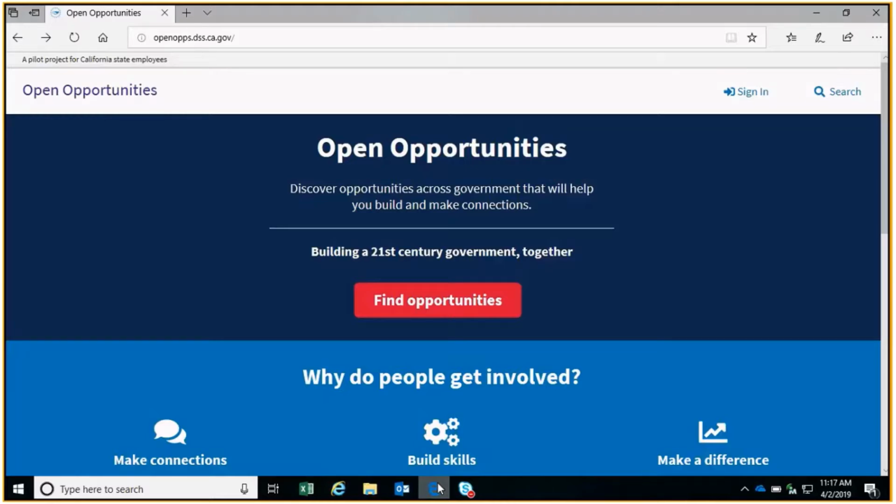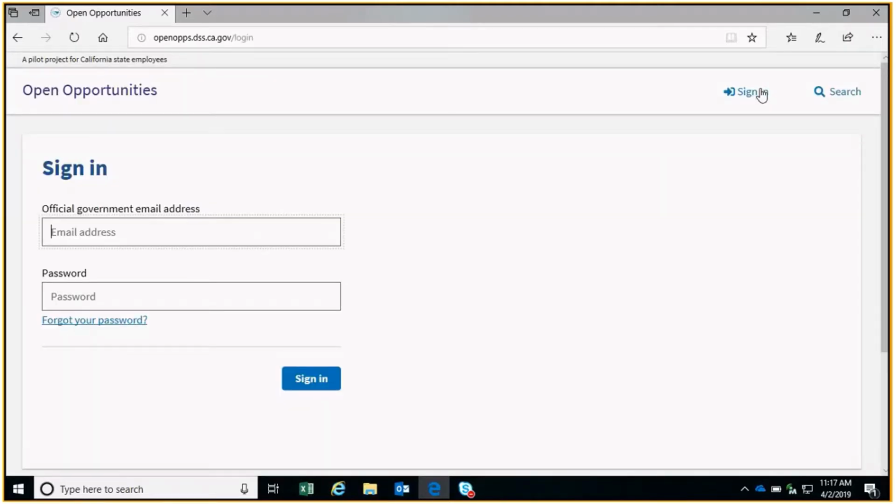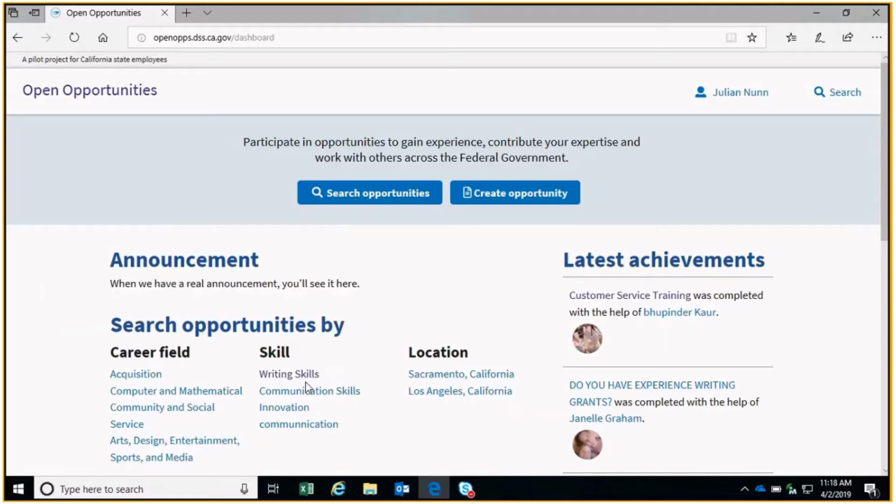To get started participating in the platform, I want to create a profile by clicking on Sign In and then create an account. Now I've already created an account, so I'll just go ahead and sign in with mine. Now when I create a profile,